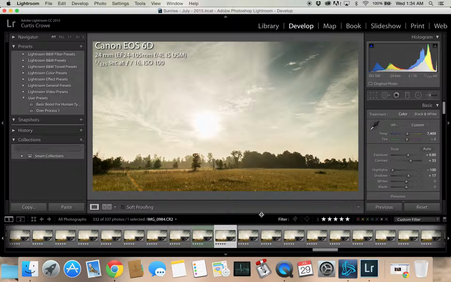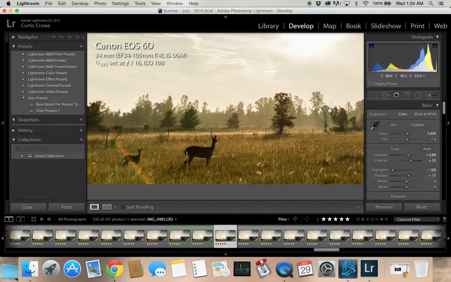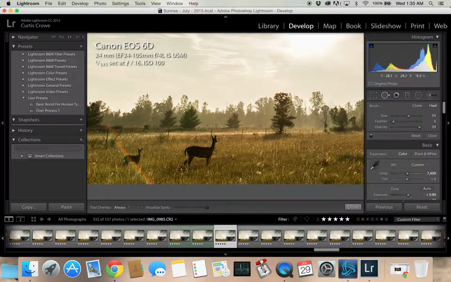Now, for you gurus that are really good at video editing, this might actually be better for you in After Effects. After Effects has a lot of very nice features that are perfect for removing subjects out of your image, or I should say video, because After Effects is like Photoshop for your videos. It's what the big businesses use in order to remove green screen people and stuff like that out of movies. If you've ever seen Paranormal Activity and whatnot,